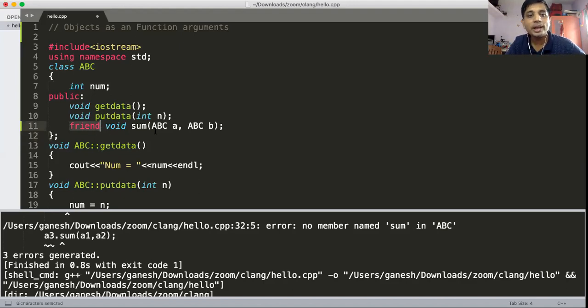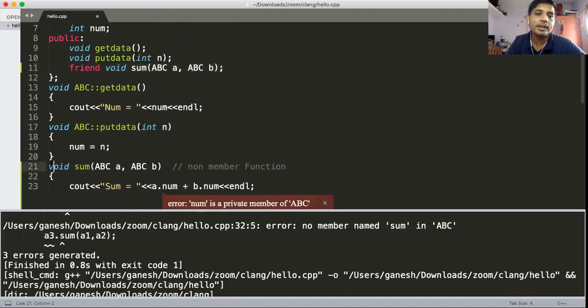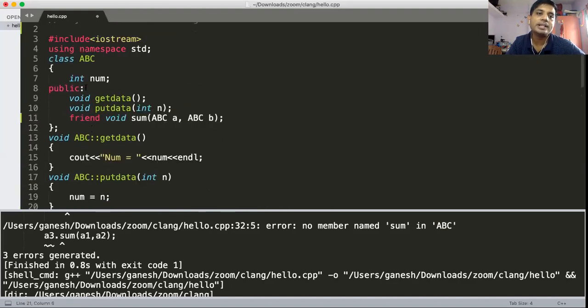Here also we can declare in the class definition that sum is not a member function, but sum is a friend of ABC.